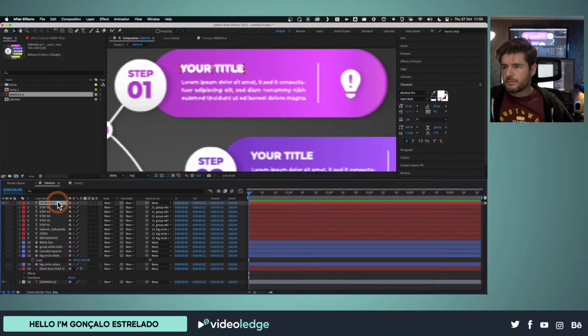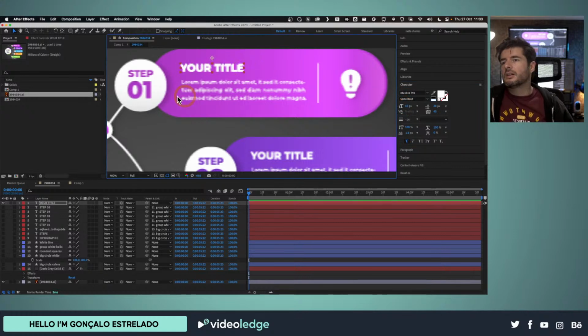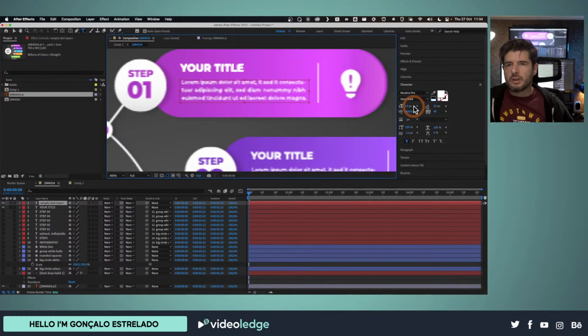Because I squeezed that, you see that the font didn't change, so be careful with that. If you're working with fonts and you want to know exactly the font size, don't squeeze the title there, because you won't see the font changing. And for that text, I'll just create a text box with the font size 4,